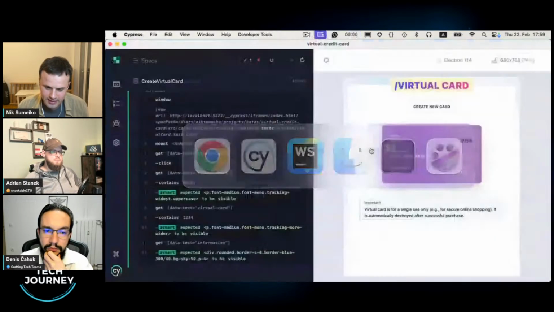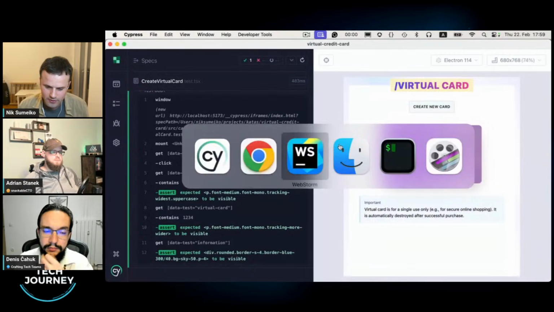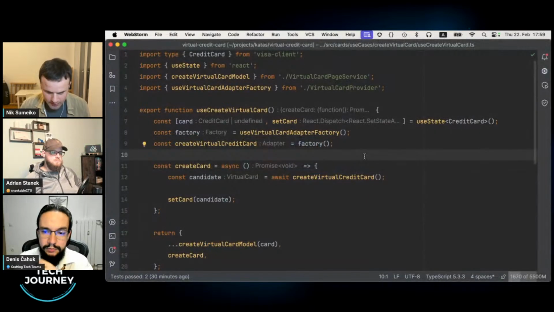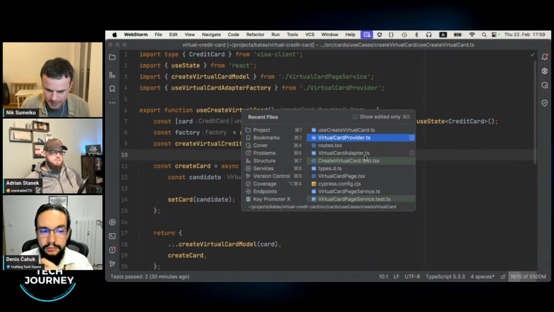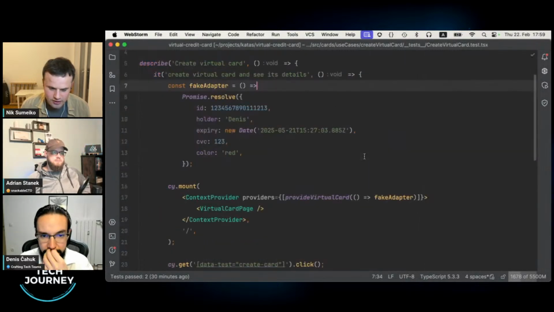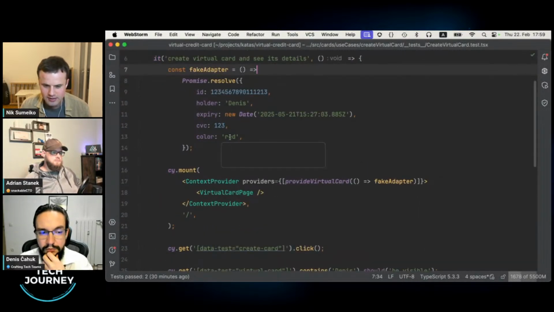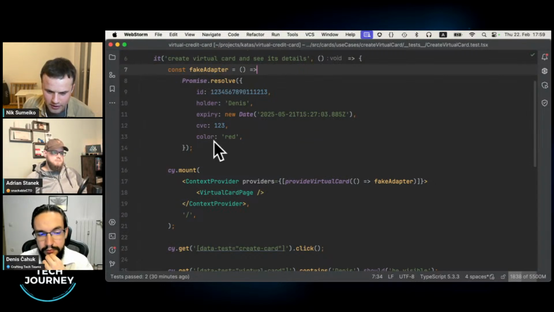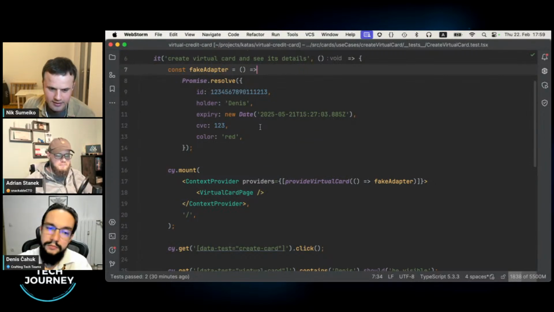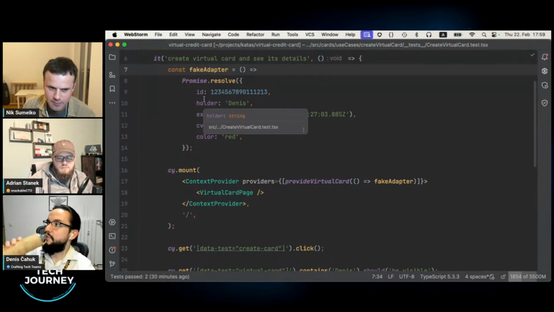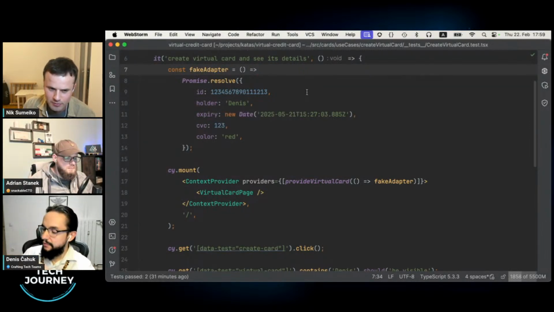We completed the outer circle of our outside-in test-driven development. And back to the test, just to understand that. Instead of mocking the inner implementation that I put in before here, something like jest.mock, vitest.mock, or Cypress has its own method that I showed.